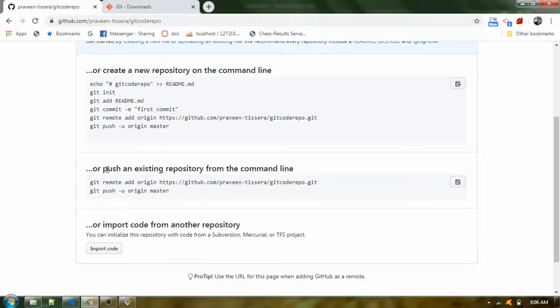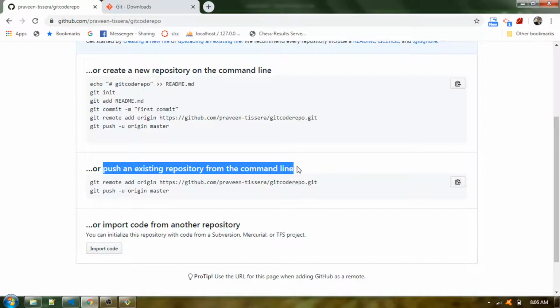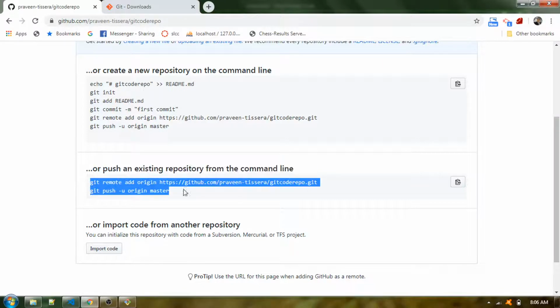So in our case, this is what we need to do. You have an existing code repository that needs to be pushed to our GitHub repository. So what I'm going to do is pick this first command